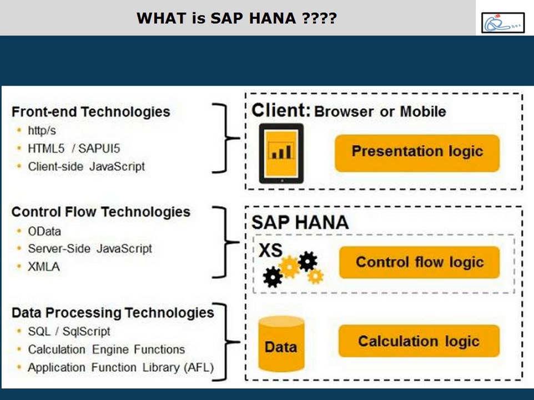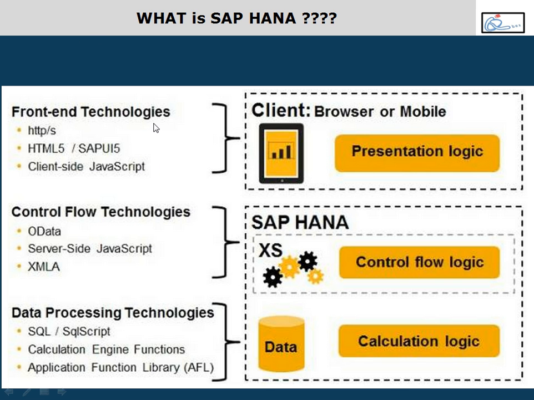To do this, for any application you develop, you must have a front end, you'll have some database, and then some services running to serve your front end programs. Combining all these three, we will be developing an application. So when you want to develop an application and deploy it on XS Engine, SAP has given a certain framework to develop those applications.